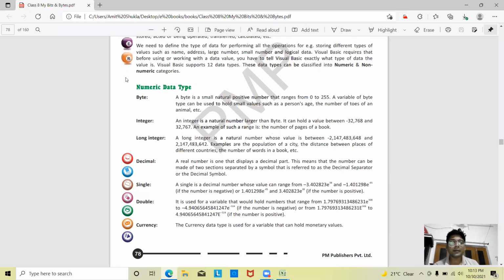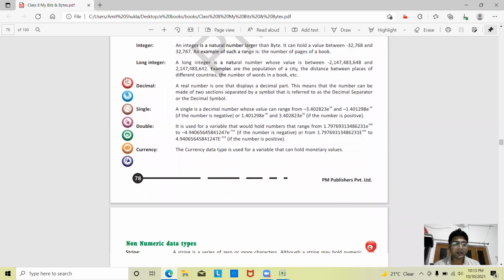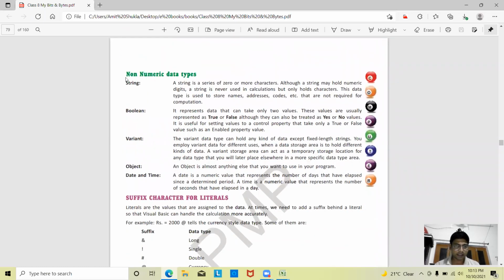So the numeric data types are byte, integer, long integer, decimal, single, double, and currency. All have their own range, all have their own specialties. All are different from each other. And the non-numeric data types are string, boolean, variant, object, and date and time.